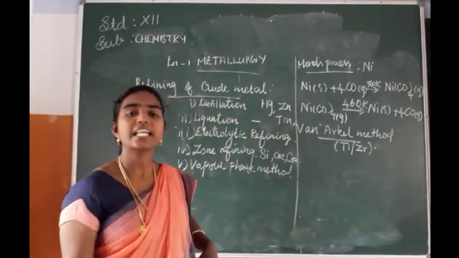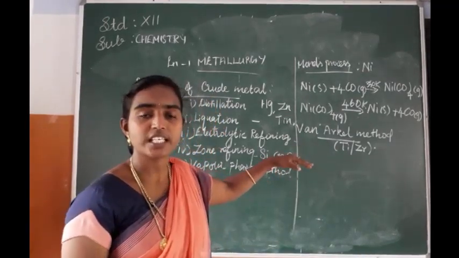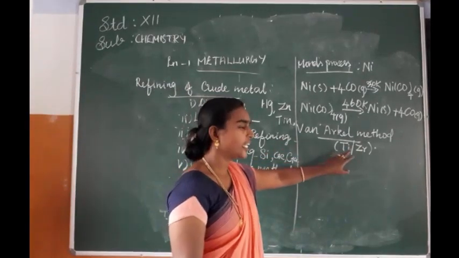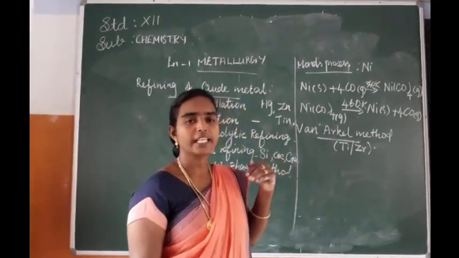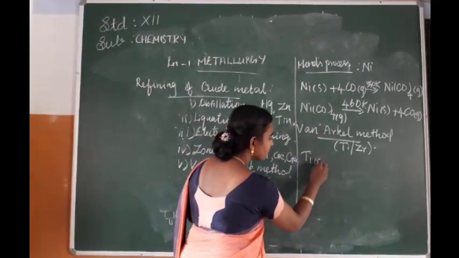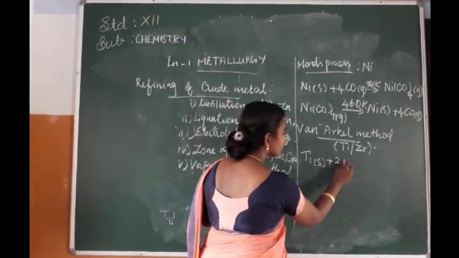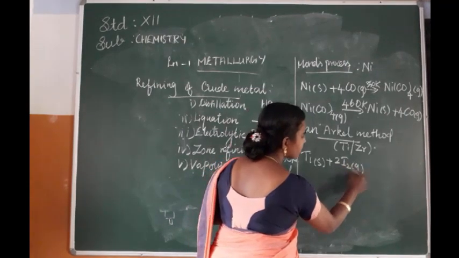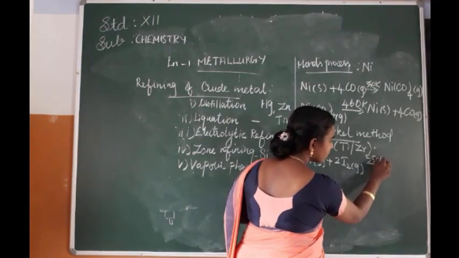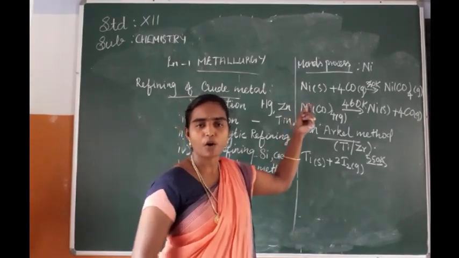For titanium and zirconium, these two metals can be purified using the Van Arkel method. In this method, titanium or zirconium should be taken in an impure form. The impure metal should be heated with iodine vapors at a temperature of 550 Kelvin. It will form, same as in the Mond process,